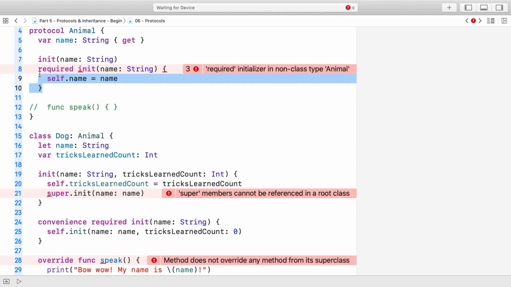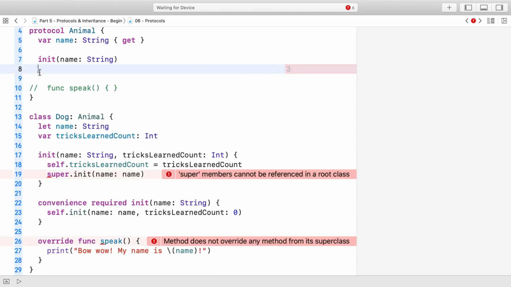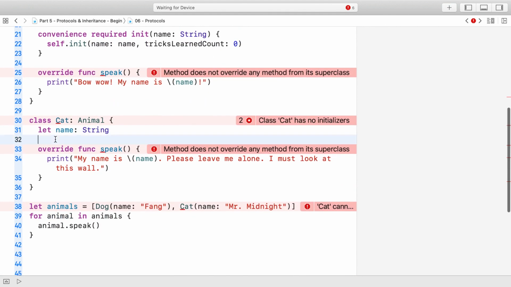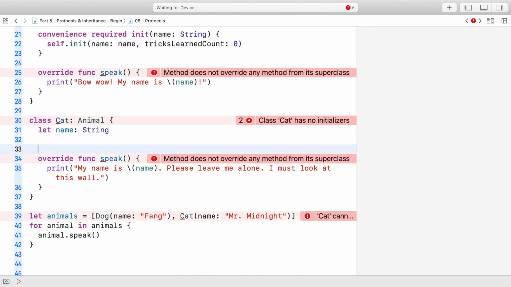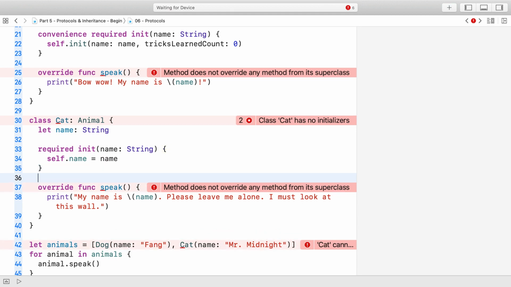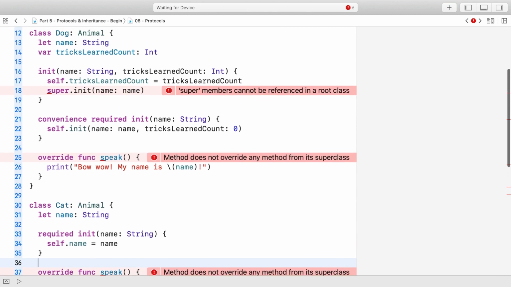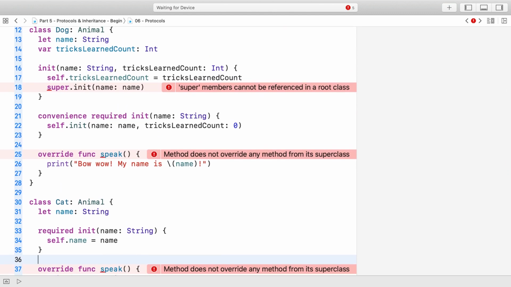This required init body is just what we need for Cat, so cut and paste it into Cat. And for Dog, we have to assign directly to name as well because there's no such thing as super anymore. Protocols are not superclasses. Dog and Cat are actually both base classes now.